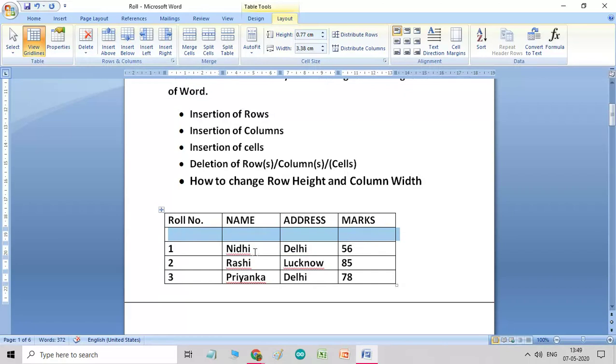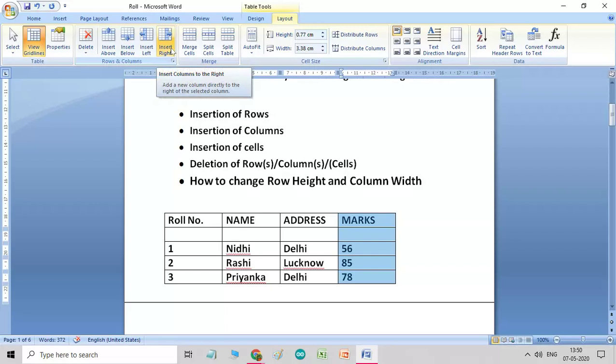Same way, if you need to insert a column, what we have to do? The steps to insert a column: select a column first. I have selected the column or a cell of the table next to which you want to insert a new column. Go to the Layout tab, and under the Rows and Columns group, click on the options Insert Left or Insert Right.